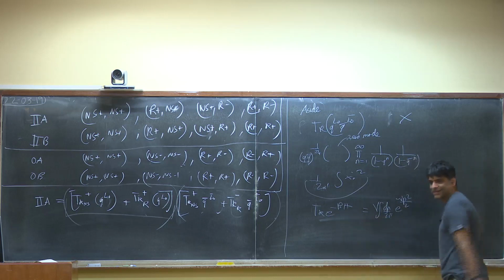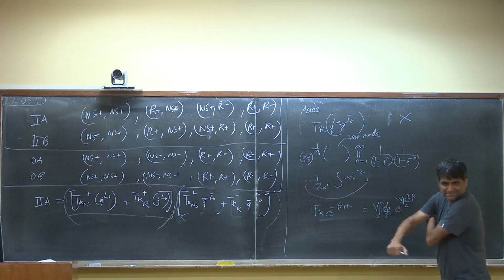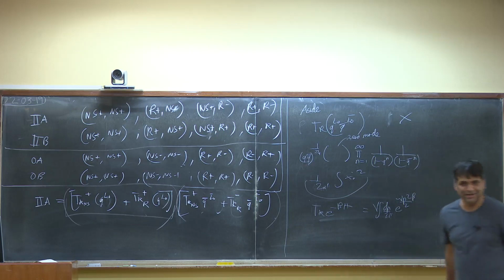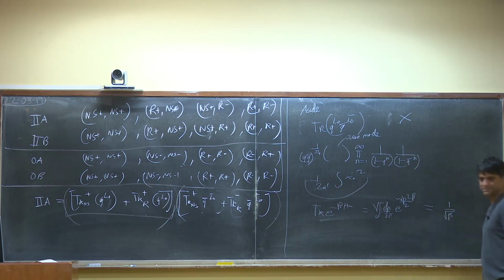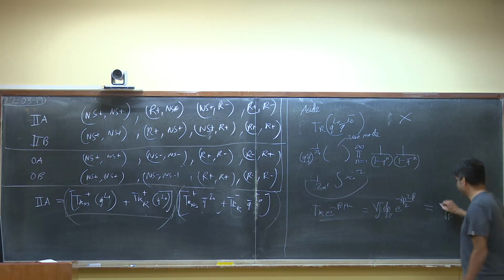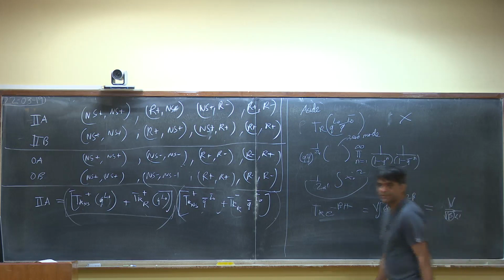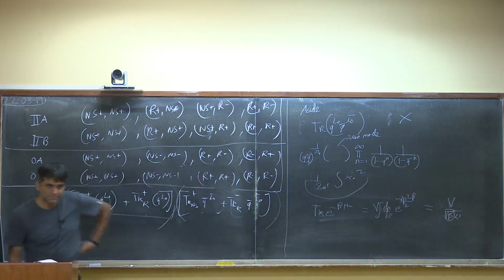We want the minus sign, because this is minus beta. We could actually do this honestly, keeping all the factors of 2 and pi and so on. I'm not going to bother, but we can do it very precisely. The important thing is that it will have a factor of 1 by square root of beta. Then there'll be a volume, some pi's, some alpha primes, and 1 by alpha prime if we want to keep that. But the really important thing is this 1 by square root of beta.